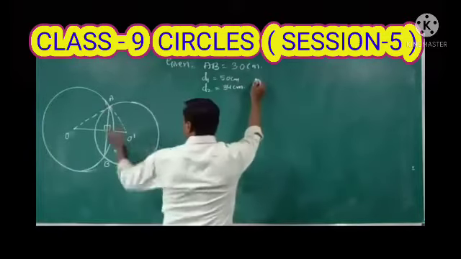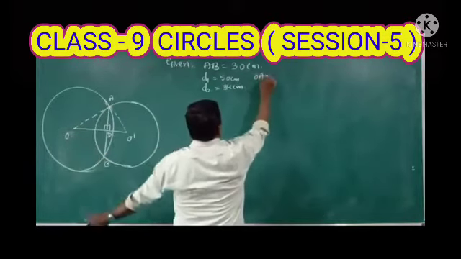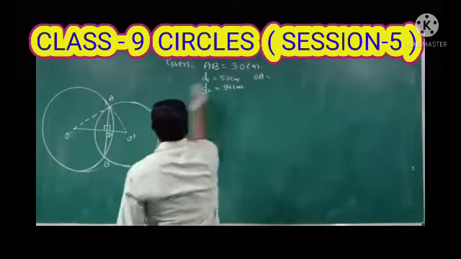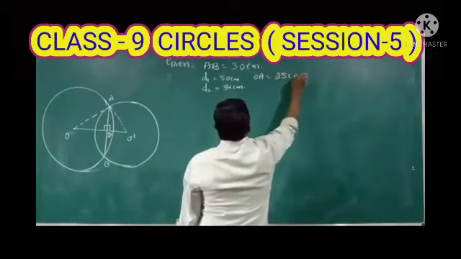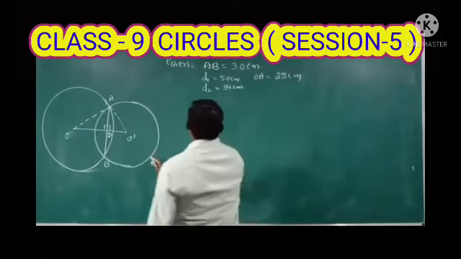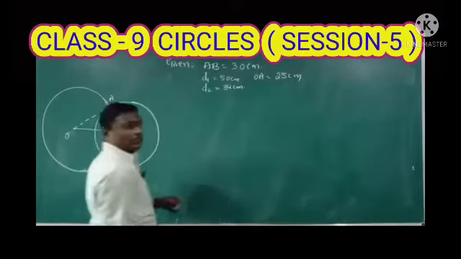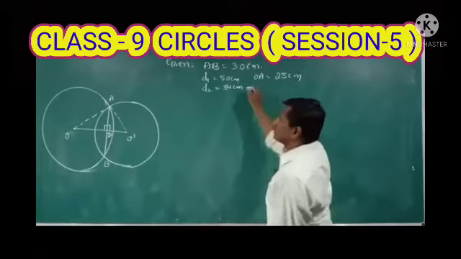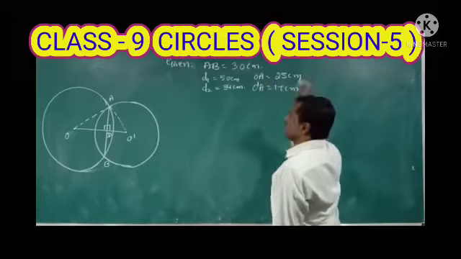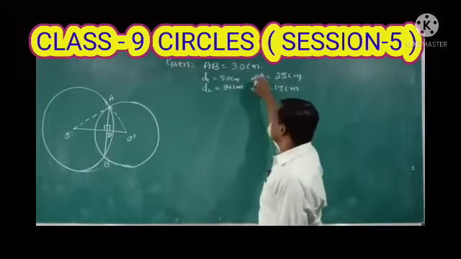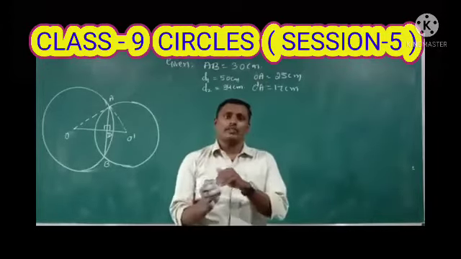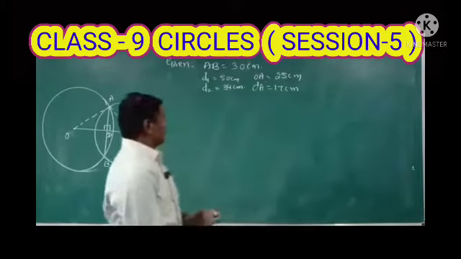Find the radii. It means OA is half of the diameter. So half of 50 is 25 centimeter. Again, half of the diameter 34 centimeter is 17 centimeter. So O dash A is equal to 17 centimeter. So these two are the required radii of the circles, right? When the diameters are different, the radii are also different. Now here,